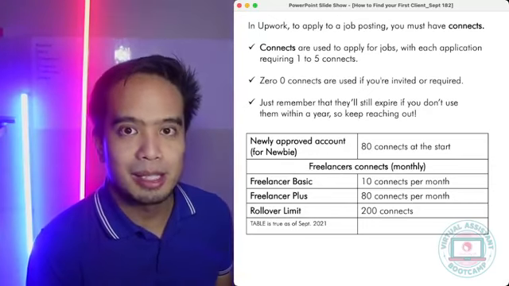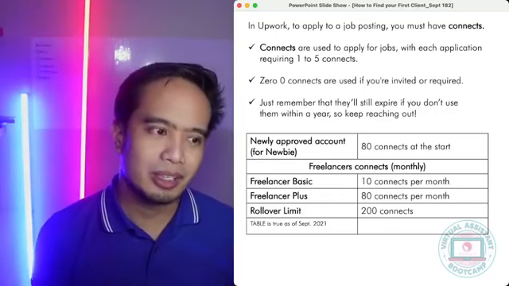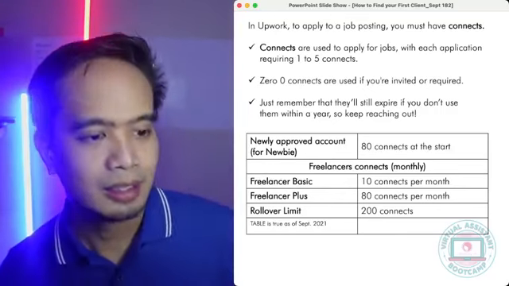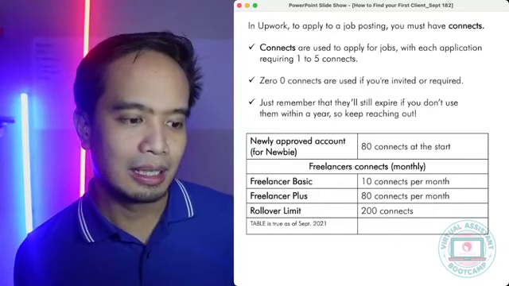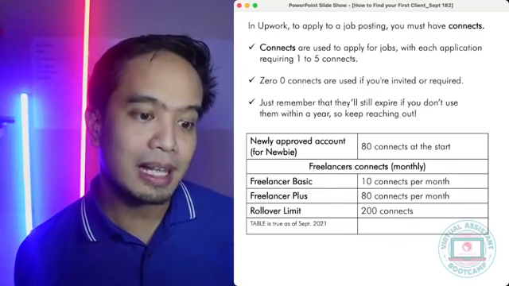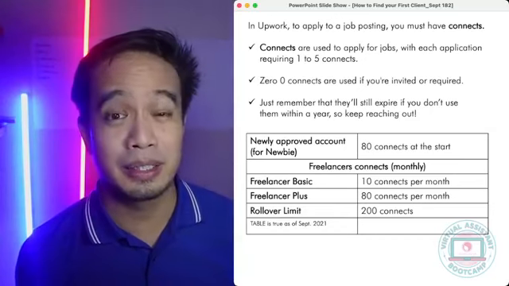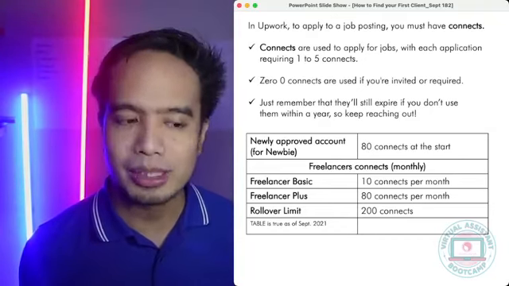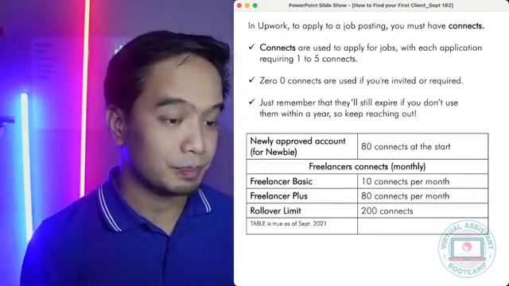What did you put ba sa application nyo, sa cover letter nyo? And yung iba parang wala lang, hindi naman siniseryoso. So, take it seriously, guys. Otherwise, kailangan kayo magbayad. You have to pay monthly. Sa basic, 10 connects per month plus parang 80 connects per month. I think it's $15. So, mga 700, 800 pesos per month to get 80 connects. May bayad, diba? So, yun. Take it seriously, guys, when you apply for jobs.